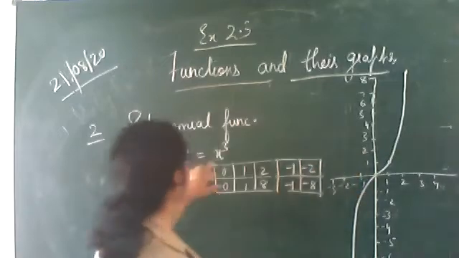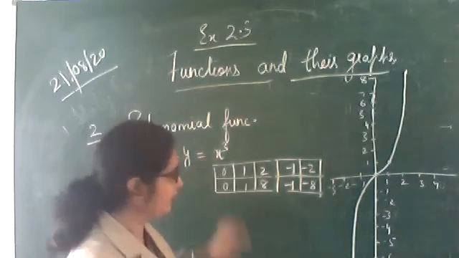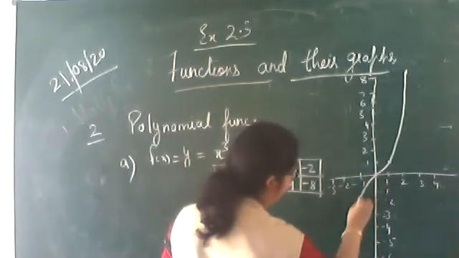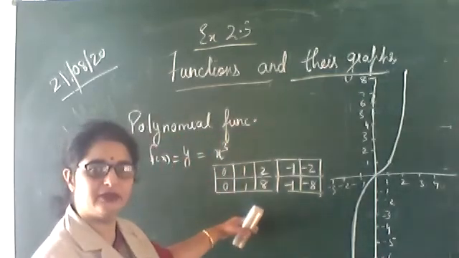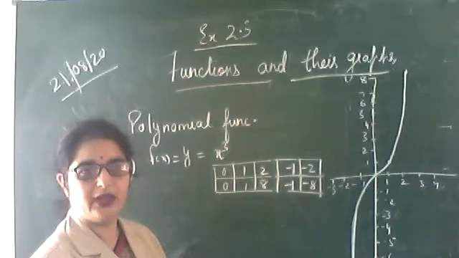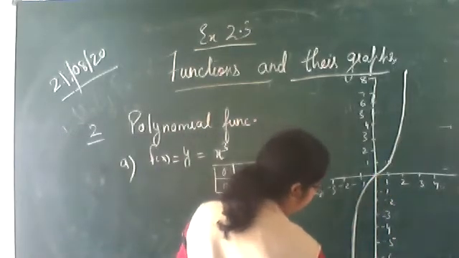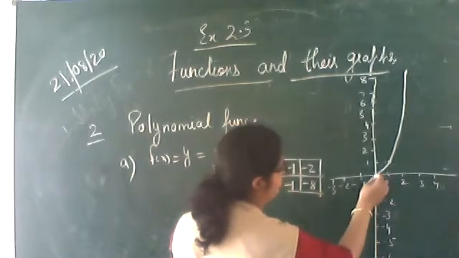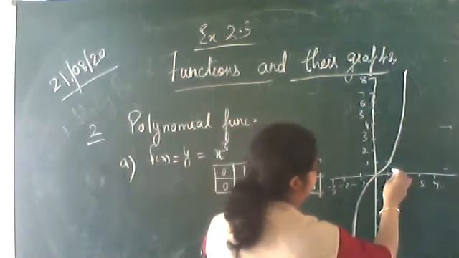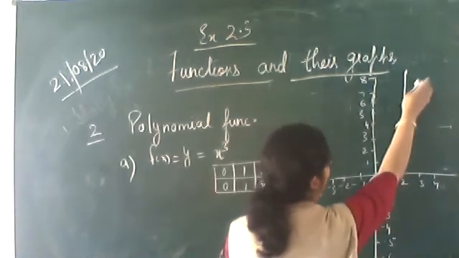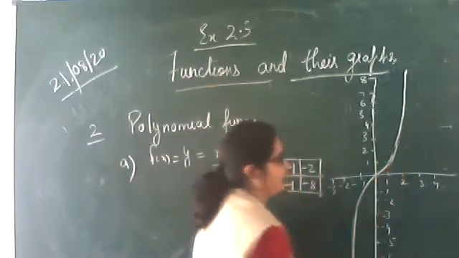Now, again, x cube is a polynomial function. X square was a polynomial function, so x cube is also a polynomial function only. Now, just see the values of x and the values of y. Are you getting every value of x? For every value of x, is it valid? You're getting positive values also, and negative values also. These are the values of y. And as soon as you increase the values of x, 2, then on 3, 4, it will change. Actually, the graph will be very steep. Here we cannot draw, we don't have the space. So it will be like this.